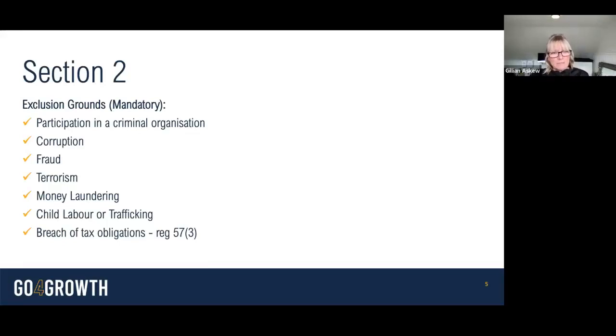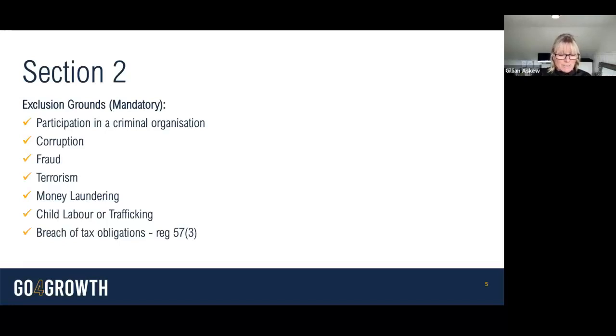What I'm going to read out to you, and I'm going to read it verbatim, is what the government says about exceptions to mandatory exclusions. So in-scope organisations may, and when I say in-scope, we mean a contracting authority who is letting the contract. So in-scope organisations may, in limited circumstances, disregard the existence of any ground for mandatory exclusion. This is confined on an exceptional basis to where there are overriding reasons relating to the public interest, such as public health or protection of the environment.